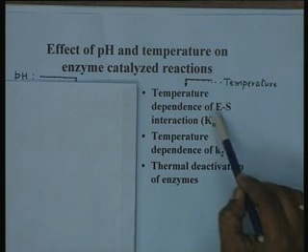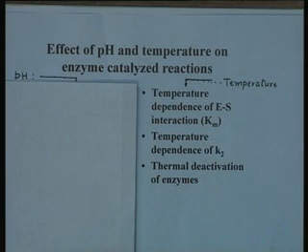The second environmental parameter which is very important is temperature. Like pH, temperature is also a multidimensional parameter which influences different aspects of the enzyme catalyzed reaction. Probably the very first step at which the temperature influences is the interaction of enzyme substrate complex, an equilibrium process. We know it is a reversible equilibrium process, and the key parameter which represents the ES interaction, at least for typical Michaelis-Menten kinetics, is the Km, Michaelis-Menten constant.